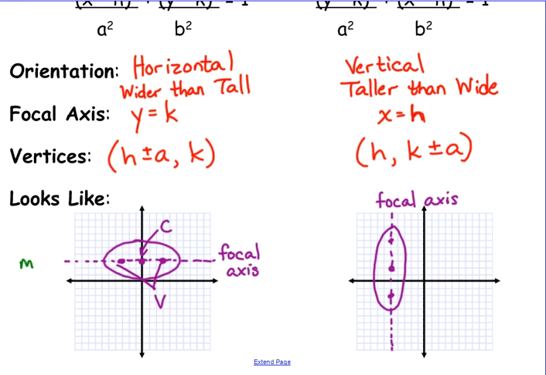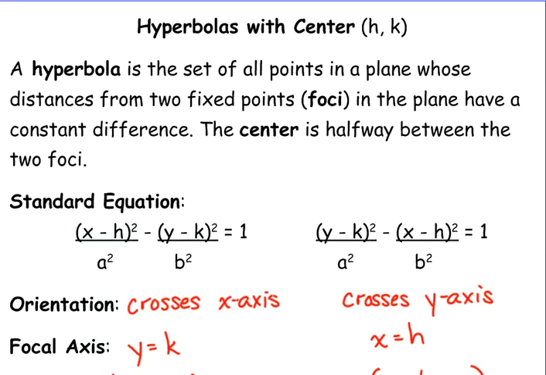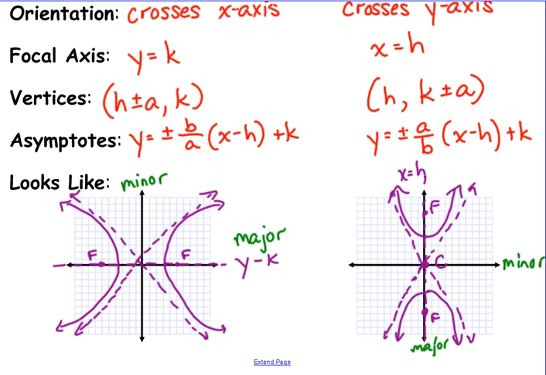The major would be the one where it's bigger. So this would be minor, and this would be minor. Okay. Major is where it's bigger or where it crosses. Minor is where it's smaller or where it doesn't cross. Okay. Let's see here. I think I've covered everything that I